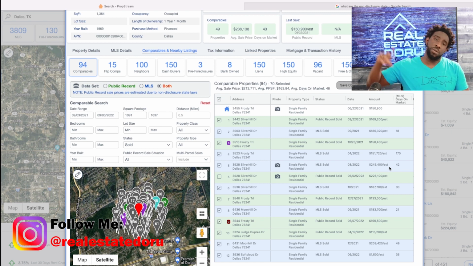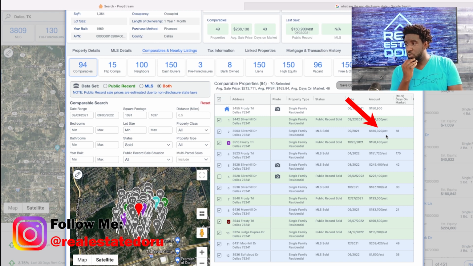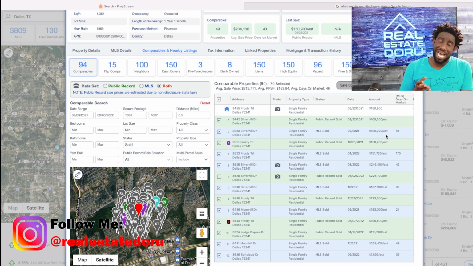So it could be 1% marked up, 1% marked down. In this case, with the public record, we're going to use the MLS price, which is going to be most accurate. So instead of this selling for 180,320, it's a possibility it sold for 180. It's a possibility it sold for 179. $1,000, $2,000 does not mess up your comp price. PropStream is still a great tool. If you're $1,000, $2,000 off, then you probably don't have a deal anyway. If buyers are complaining, saying hey, you're $2,000 off,